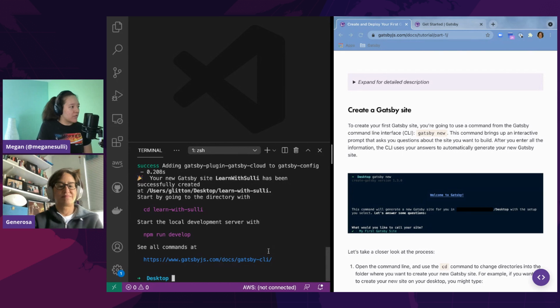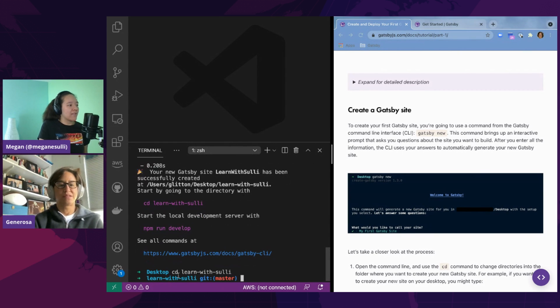Great, so it looks like that finished. So now what you can do is change into the directory that you just made with that cd command. So again, lazy copy and paste. Okay. And then we're not actually going to need to run it locally for the rest of the stuff in this section, but we might as well do it just so that you can see.